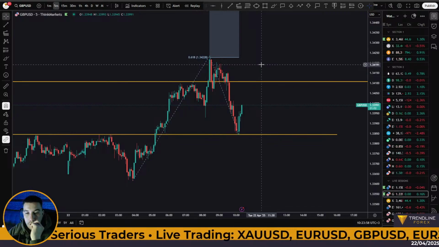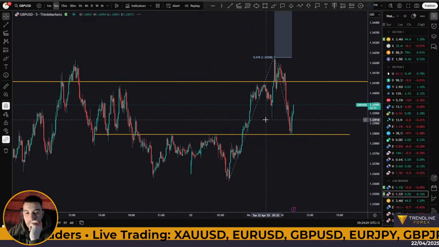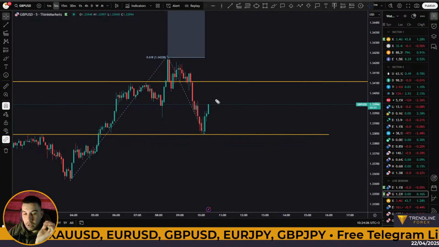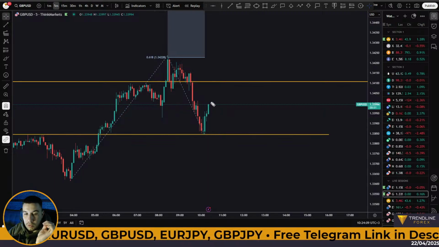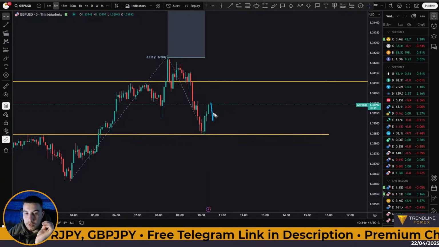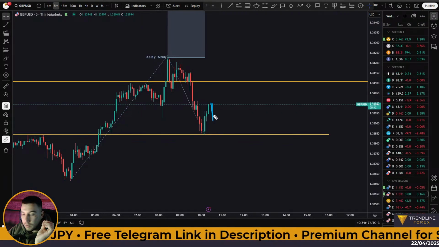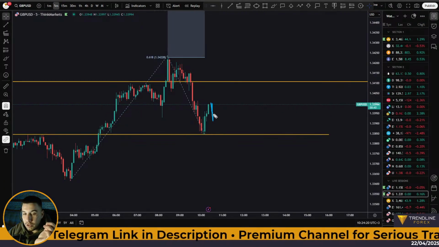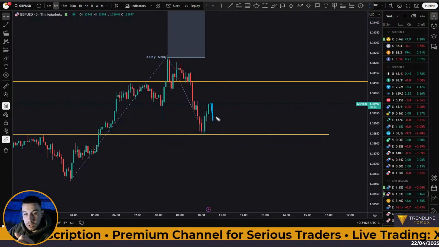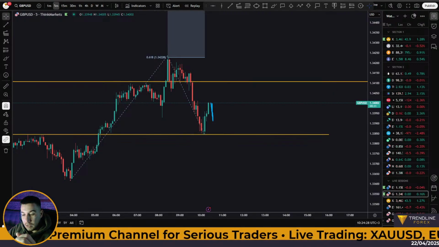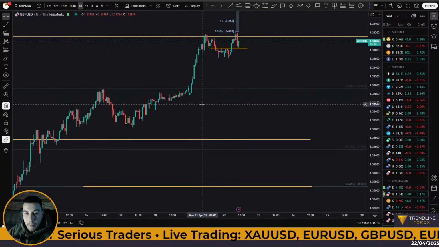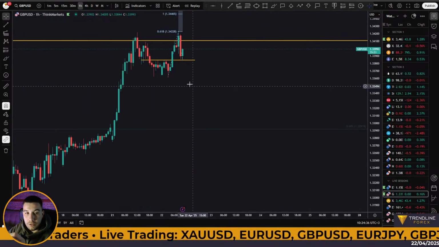Yep, so far so good here on GBP/USD. Now, if anyone managed to enter a trade here while price is going like this, that's great. But if you see a strong move in the opposite direction, a momentum candle, this is most likely a signal for you to close your trade at break even, or maybe accept a small loss. Because, like I said, if we look at the higher time frames, yep, we're definitely due for a pullback.